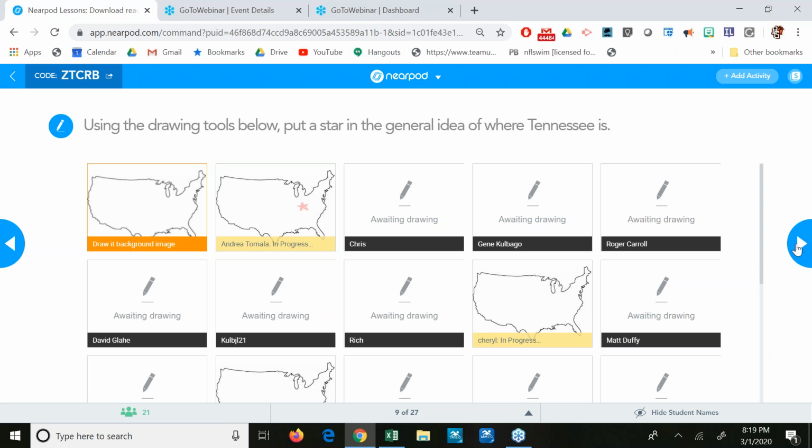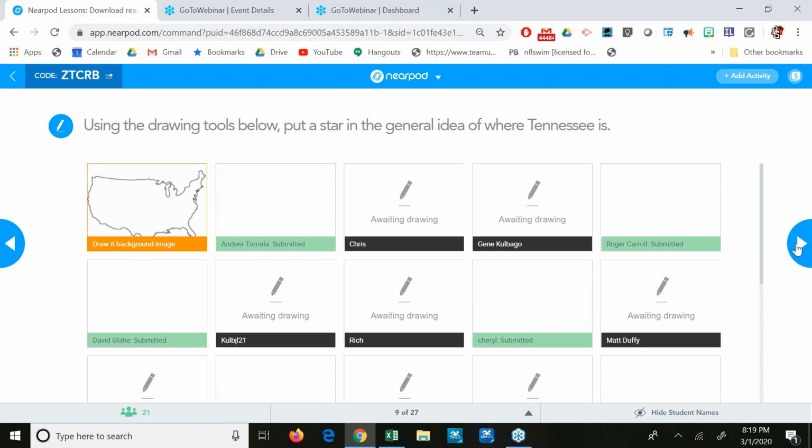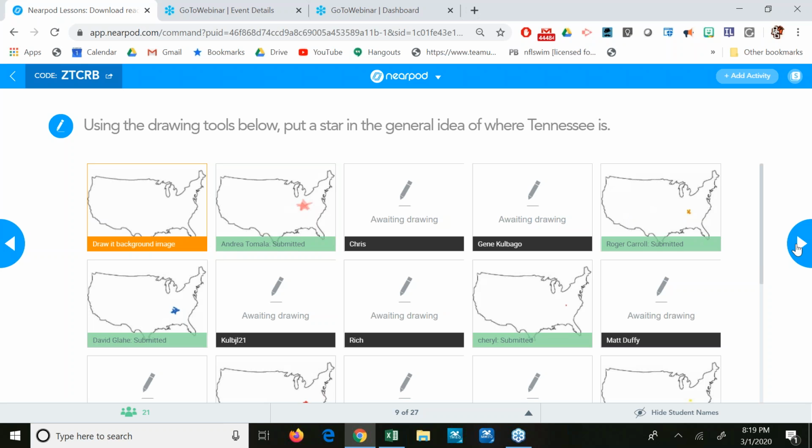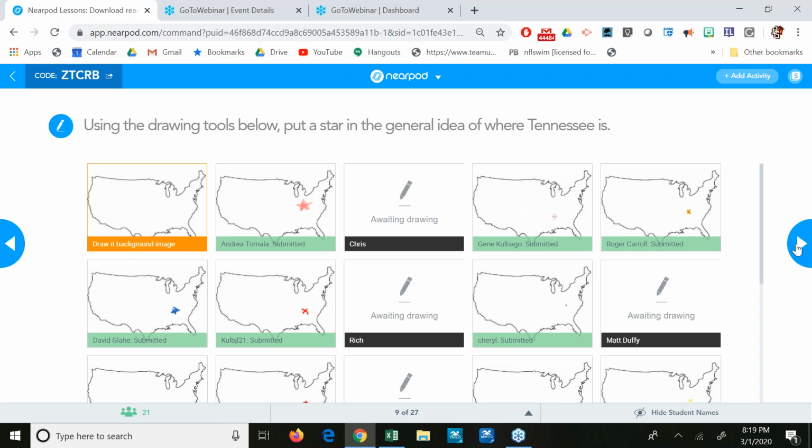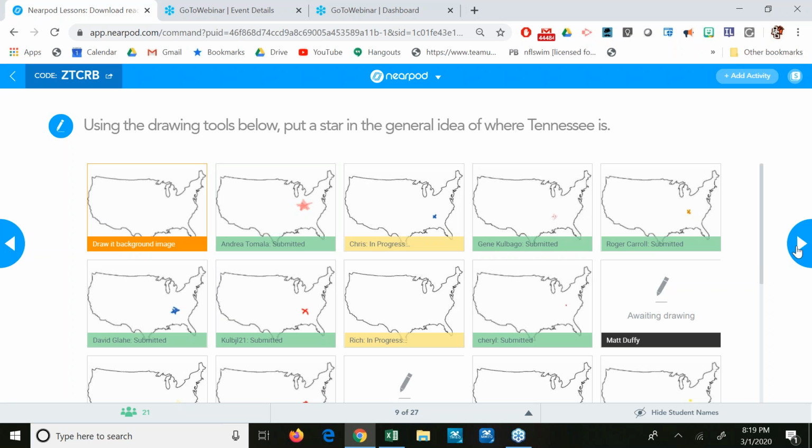Now what I see on my screen, if you want to flip back to the webinar real quick, you can see the same thing. It's really cool. If you wanted to minimize the webinar real quickly and come back over to my screen, first put your answer in there. Try not to embarrass yourself. Okay, good. Most people are getting Tennessee in the general area. That's good. But if you look at my screen on the webinar, you'll notice that there is a thumbnail of every single picture from every single student in the class.